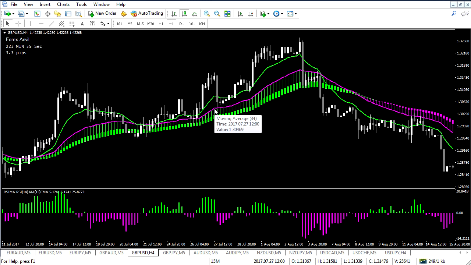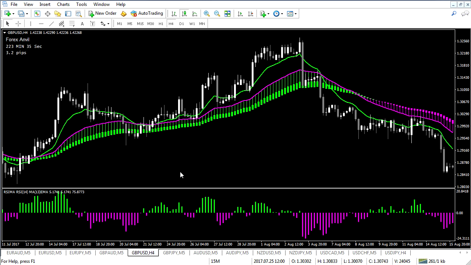So let's take a look at a long trade. Since we're here, we'll look at a long setup. We want the guideline to be above the Anvil indicator. We want the price to come back and touch that top edge of the Anvil indicator. Meanwhile, the guideline remains above the Anvil. All right, so what we're going to do now is once that's occurred, we're going to look down at the